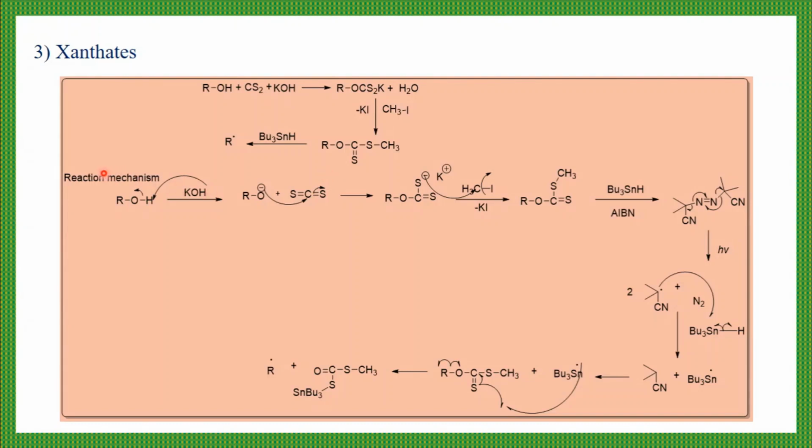So in the reaction mechanism, you know that the reaction mechanism is nothing but the step-by-step explanation of your reaction. So in the first step, what happened? This alcohol ROH reacts with KOH, and the role of this KOH is what? It acts as a base. K plus and OH minus, so the OH minus acts as a base, and it takes the acidic proton,